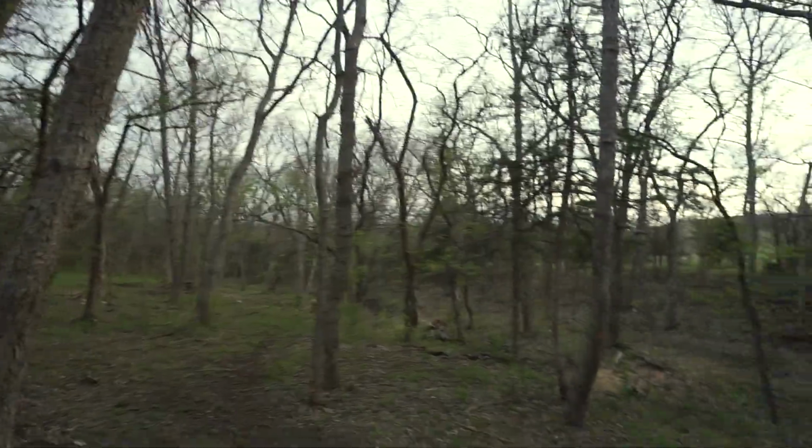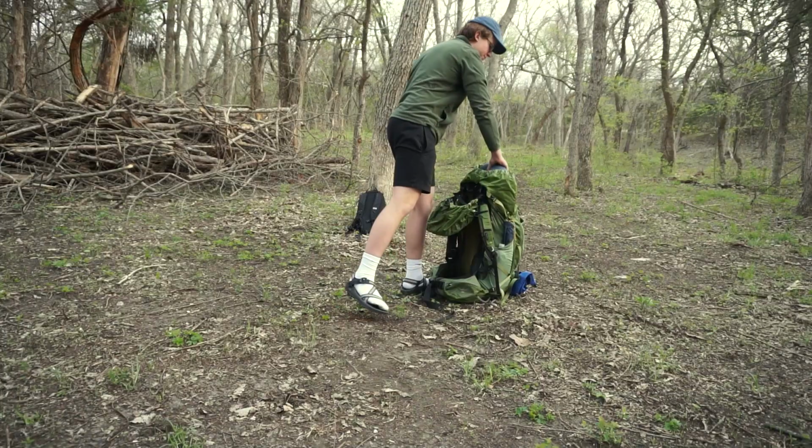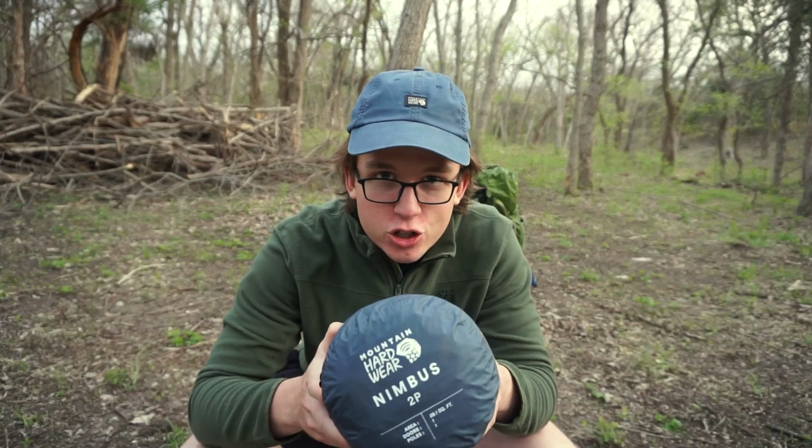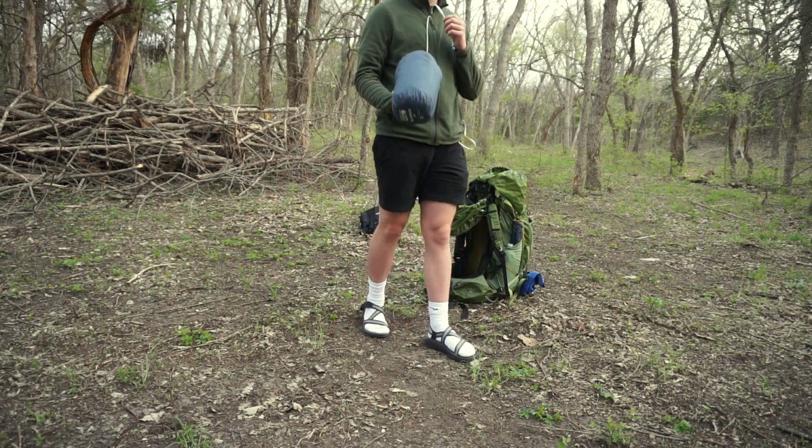There we go. I think we have found the campsite for tonight. I think this will do. Nimbus UL2. How exciting. Yeah, so we're just gonna go ahead basically and talk about everything that I